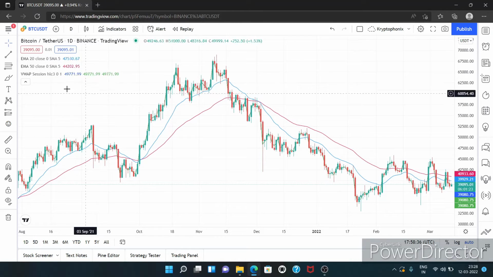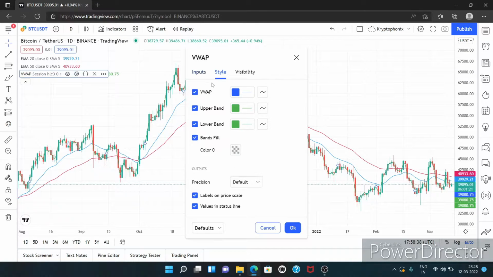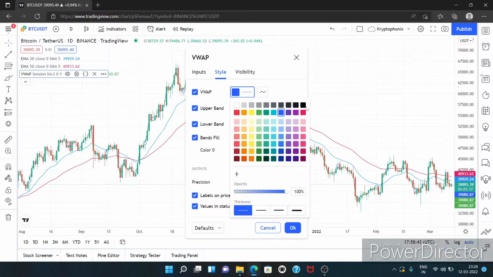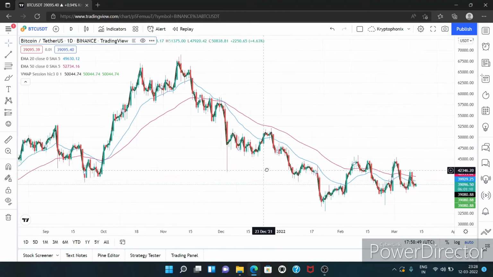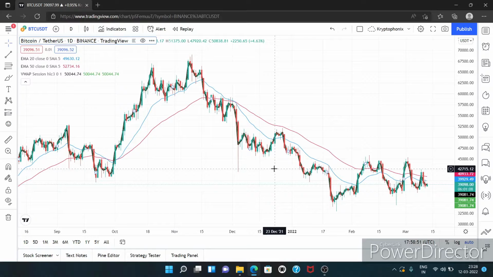Also, for proper visibility, we will be changing the color. Select a color of your preference. Okay. So now what we need to do is